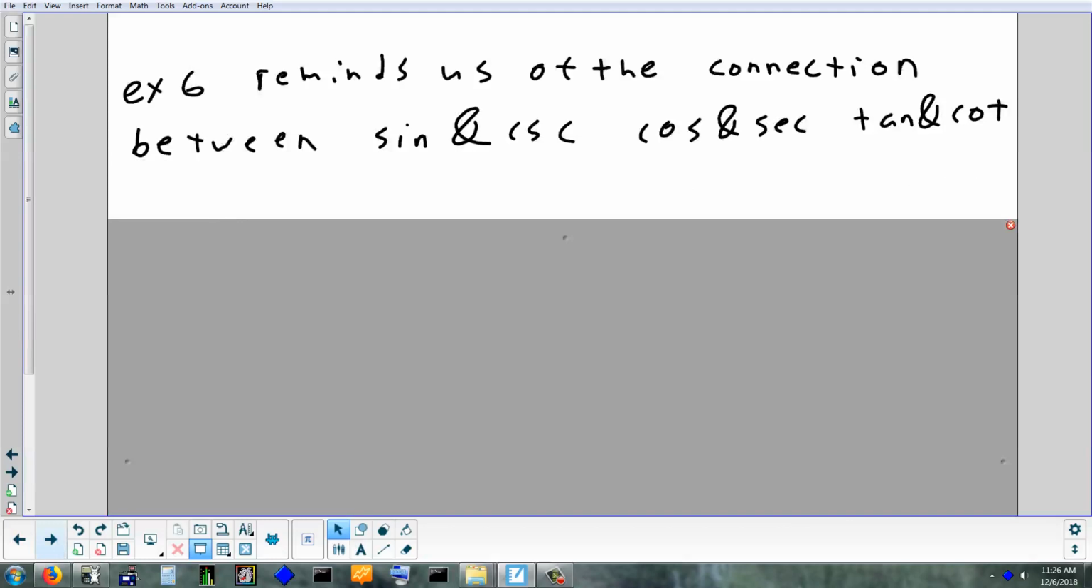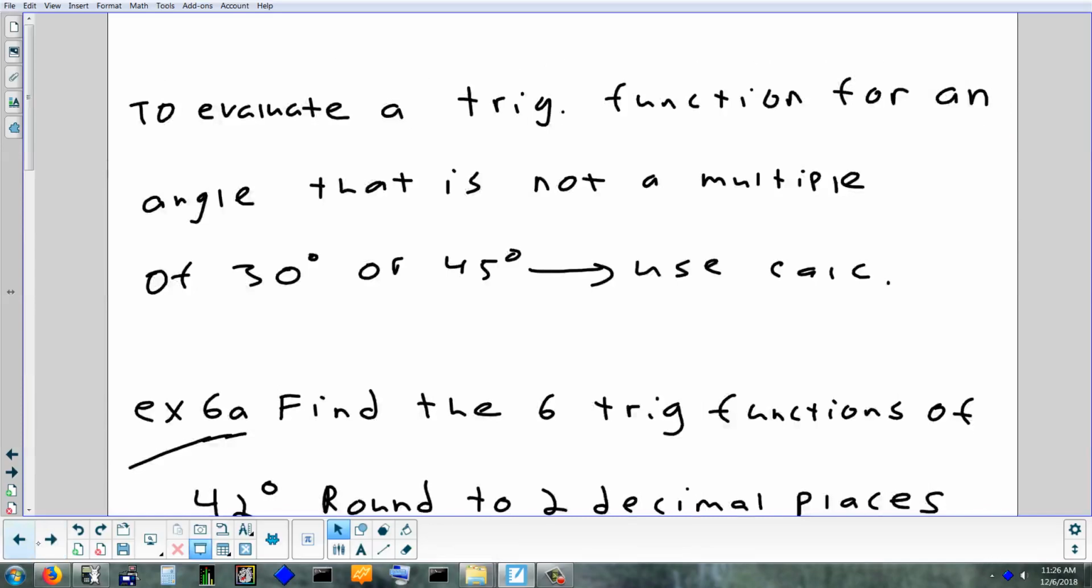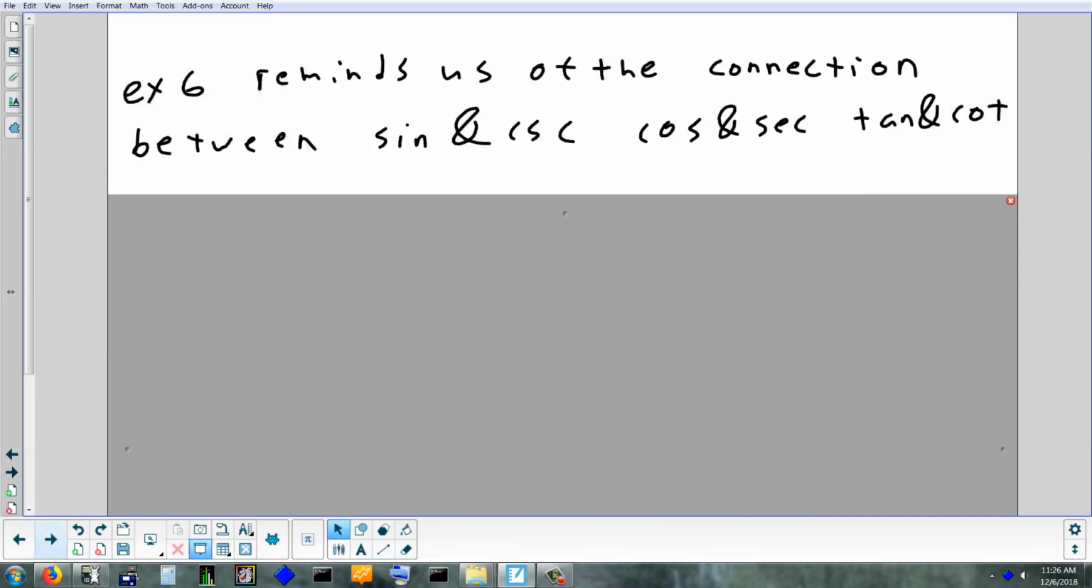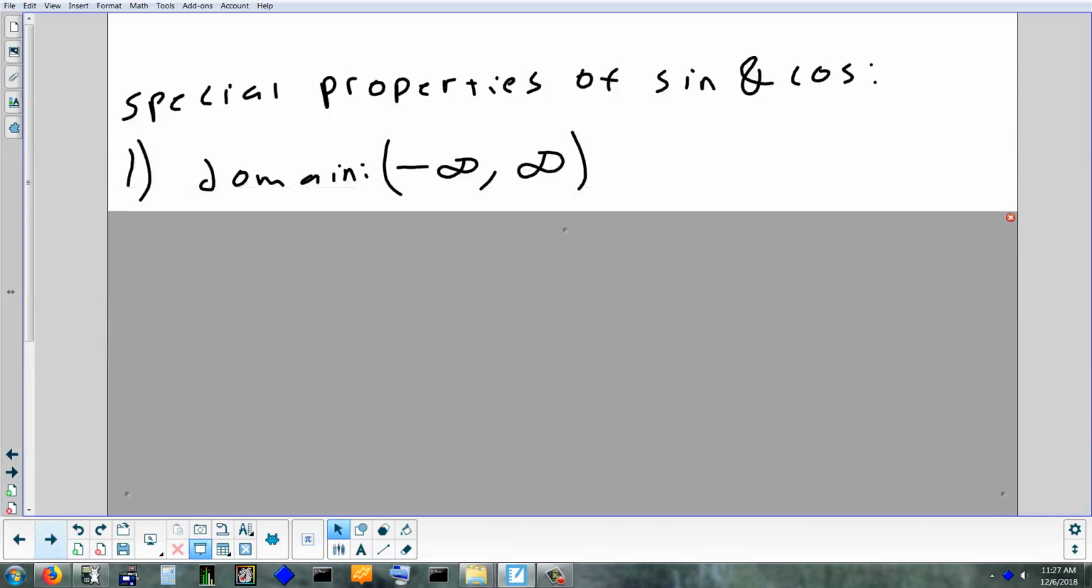All right, I'm going to come back to this in a second. There's 2 special properties, or actually 1 special property that applies to 2 of our trig functions, sine and cosine. First of all,